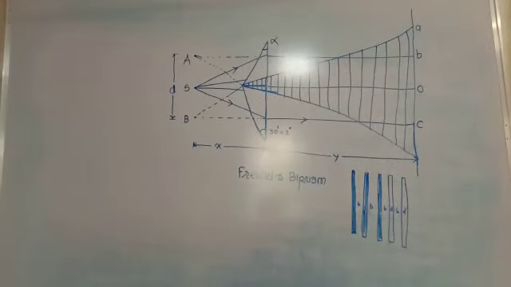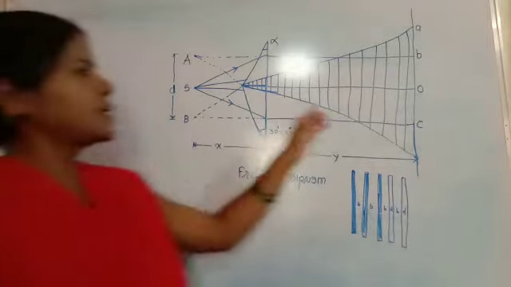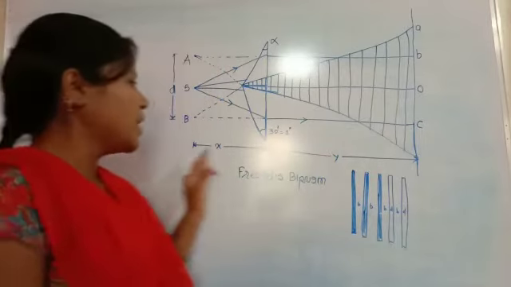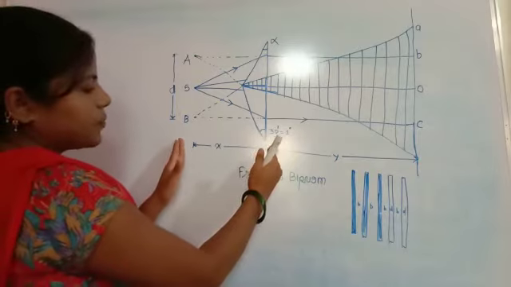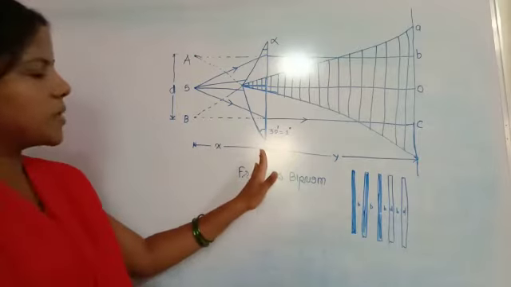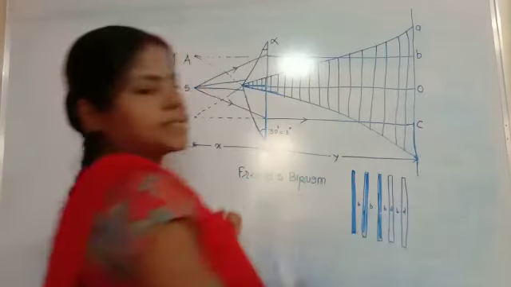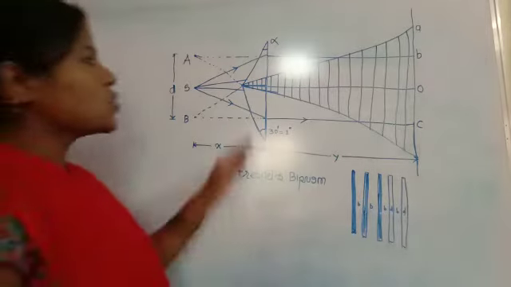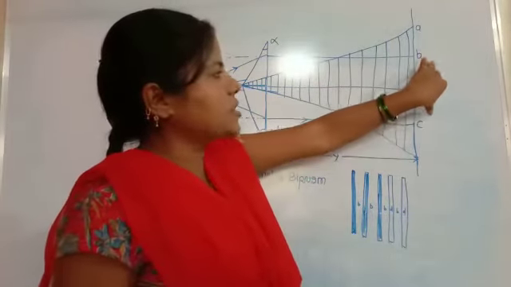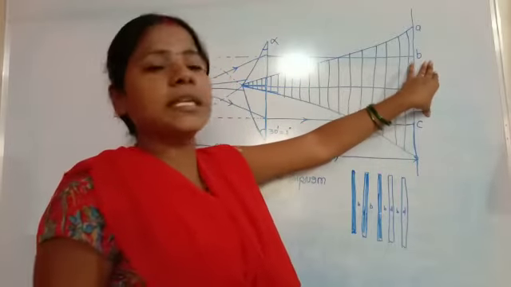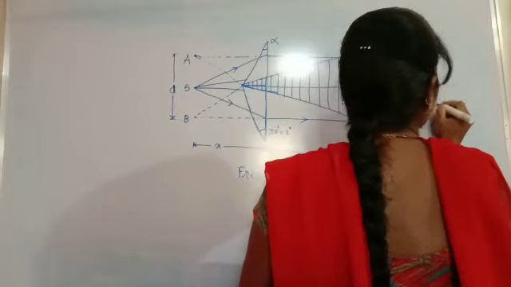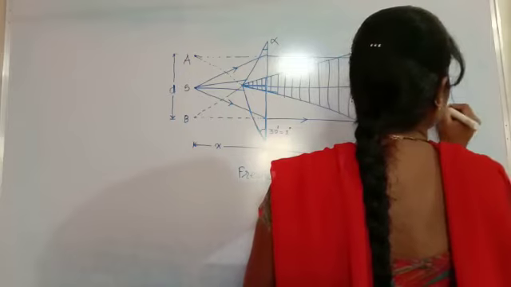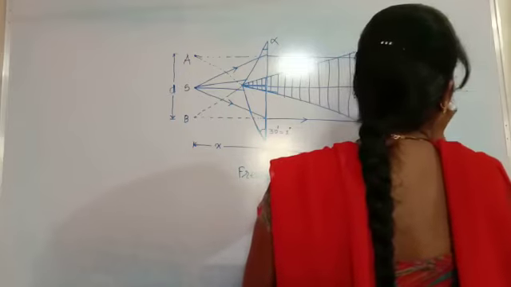So to observe the fringes on the screen, the distance between the biprism and the screen is y. Means the screen is placed at a distance of y from the biprism. The distance between the source and the prism is x, and the distance between this prism and the screen is the y distance. Okay. So to observe the fringes, the screen is replaced by the micrometer eyepiece. So when the interference fringes are produced here, this screen is replaced, and here we apply a micrometer eyepiece. That means this is the micrometer eyepiece we apply here, and this way we are watching.